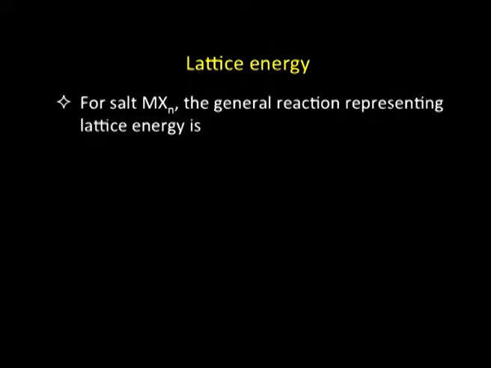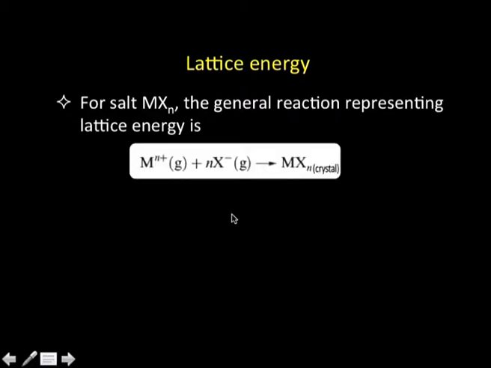Okay. Now, let us move further. We just talked about a simple 1:1 salt. Suppose I have a salt of MxXn type. In that case, how do I represent lattice energy? For such a case, the lattice energy is given by the following expression: the energy released when x moles of M^n+ ions in the gaseous phase react with n moles of X^x- ions in the gaseous phase and give us 1 mole of the solid crystalline MxXn. So, that is a generalized expression for lattice energy.